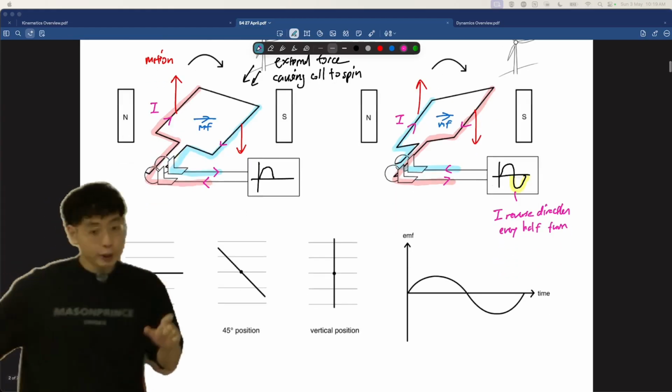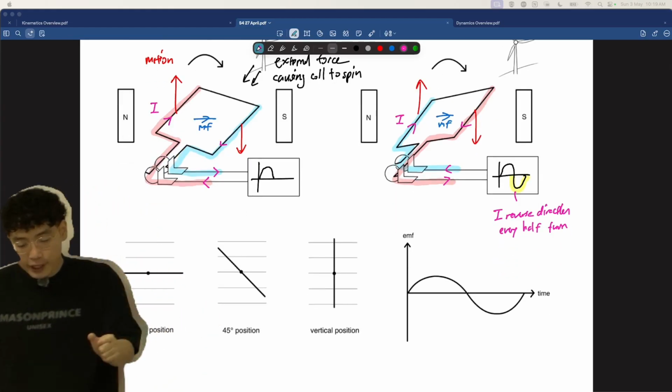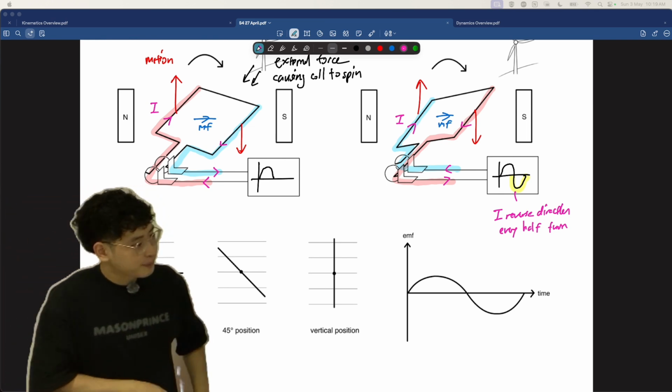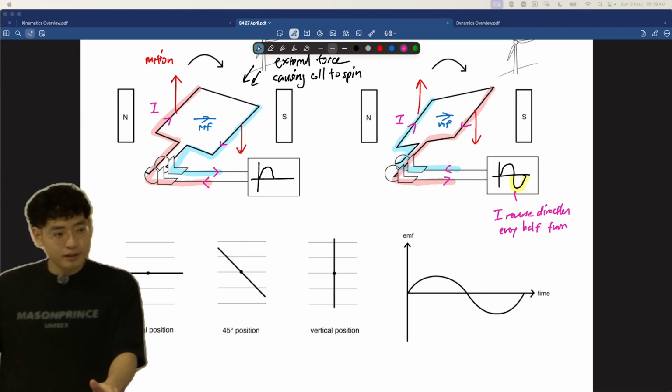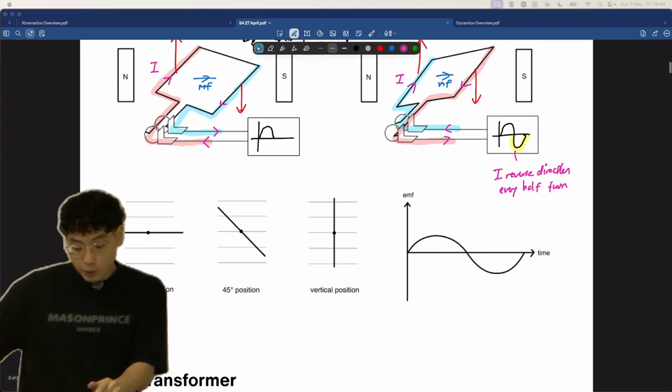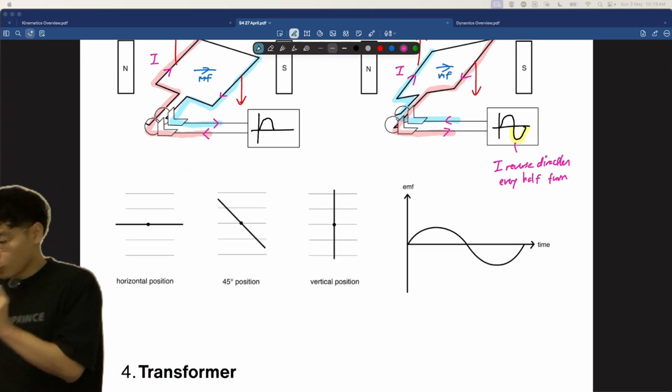Okay, when do you think the induced EMF will be the maximum value? Horizontal or vertical? Horizontal. Why? What makes you so sure? Because it's cutting the most magnetic field lines. So if we notice over here,